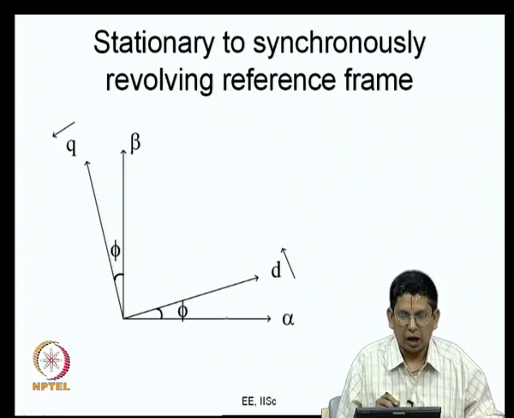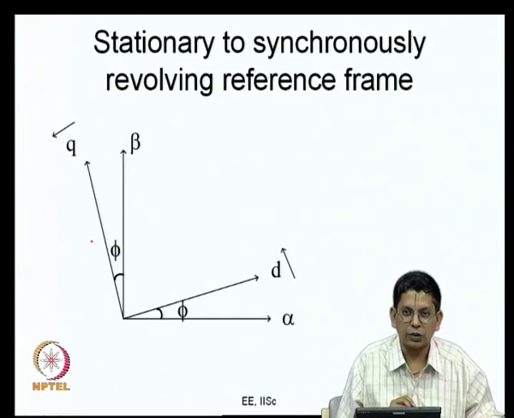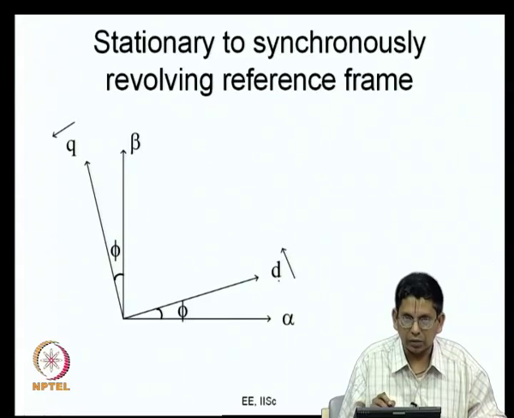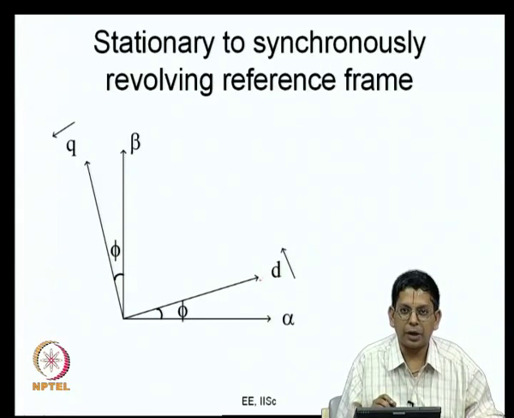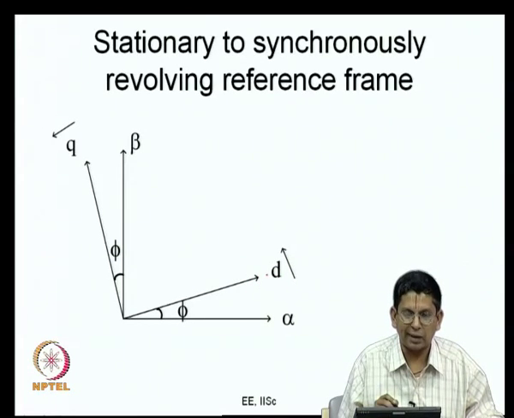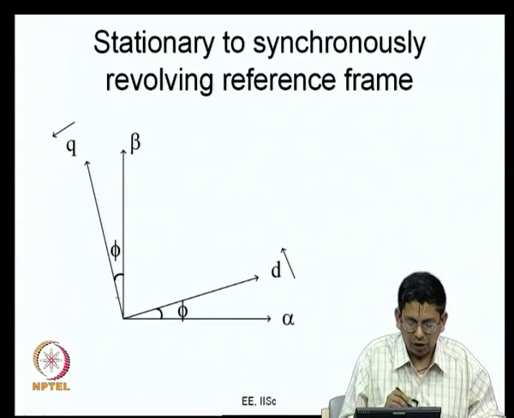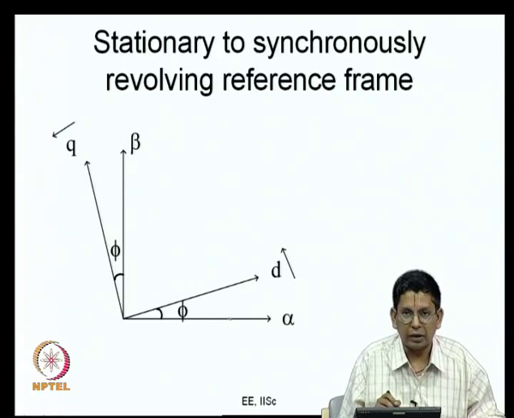There are 2 frames, and we are just choosing the DQ reference frame to do the analysis here, because the benefits will be a little apparent when we want to calculate the RMS current ripple a little later. So, if you just want a quick recall of the transformation between the alpha, beta and the DQ,